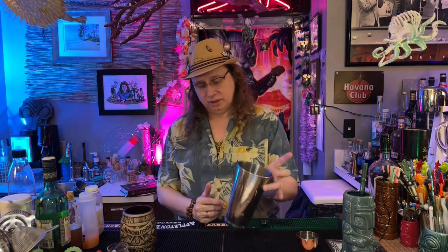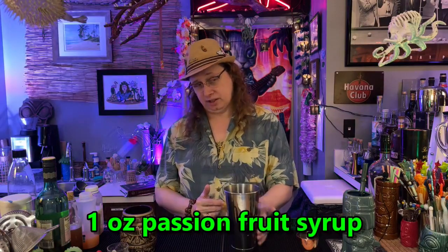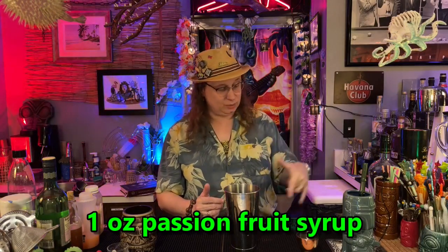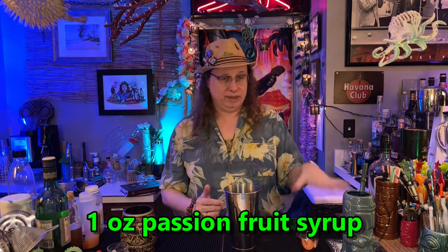We are going to use the third blender tin that I have, and we are going to make a third version of the rum barrel, or the bum barrel, whatever that might be. This starts with 1 ounce of passion fruit syrup. I'm a little scared if we go a full ounce of passion fruit syrup with this. I think what I want to do is, while I like this mixture of the passion fruit liqueur and the passion fruit syrup,